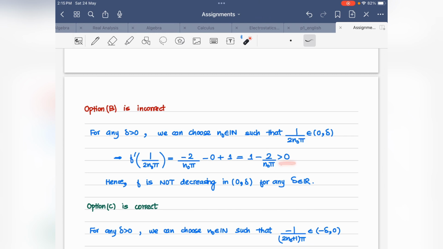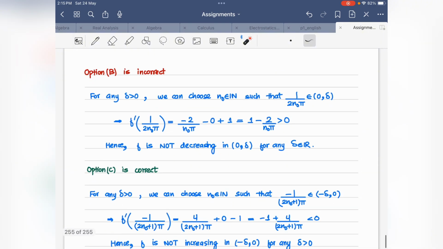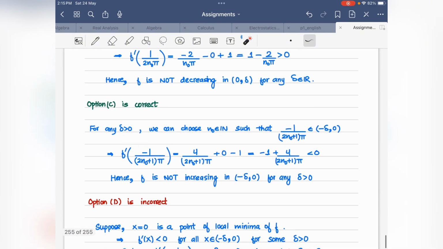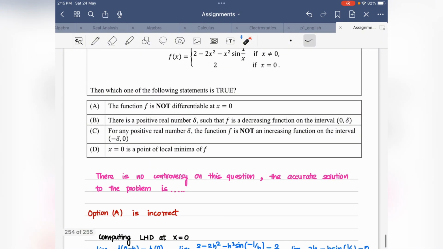So I get a point inside this interval where the derivative of the function is positive. So the function is not decreasing in this interval for any delta greater than 0. So option B, which some faculties are saying can be correct, according to me cannot be correct. Taking option C,